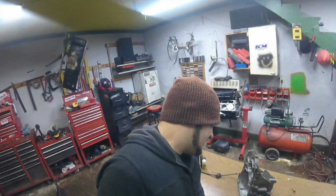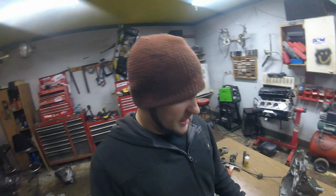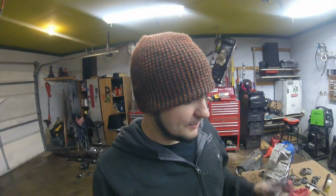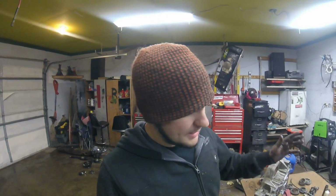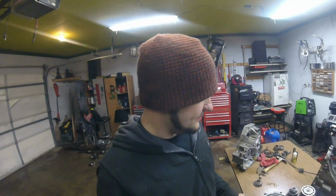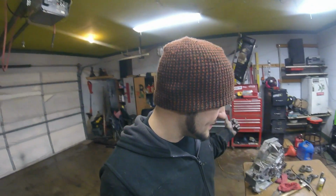So, yeah, I am extremely excited because I finally know that this thing is going to be good. I can probably put money on this. If anybody wants to bet me, I guarantee that I'll be wide open throttle shifting this thing tomorrow, and it's going to be butter. Like I said, this thing is in 1,000 times better condition than my old trans,